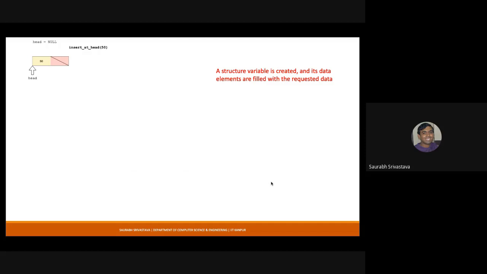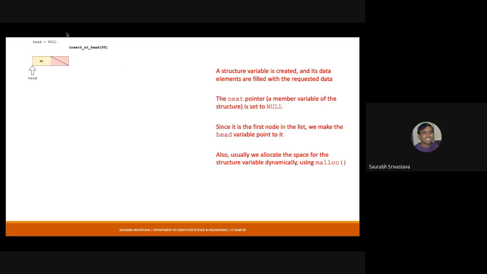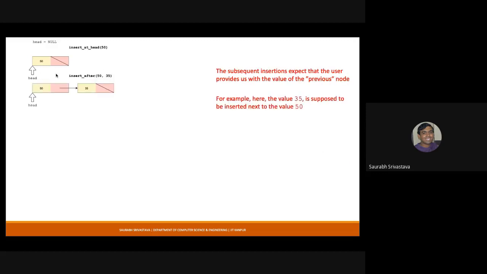In a linked list, whenever you're trying to add a value, there are two ways to do this. You can add a value at the head, which means it comes up in the front. Here I'm doing insert at head. Currently my list was empty, so head is null. I created a new node and then assigned head to it. Then if I want to insert new values, I add something like this: 35 is here, and then I just point to the next part.